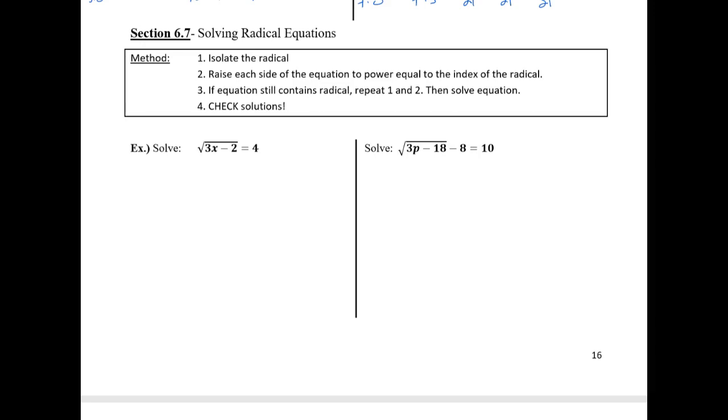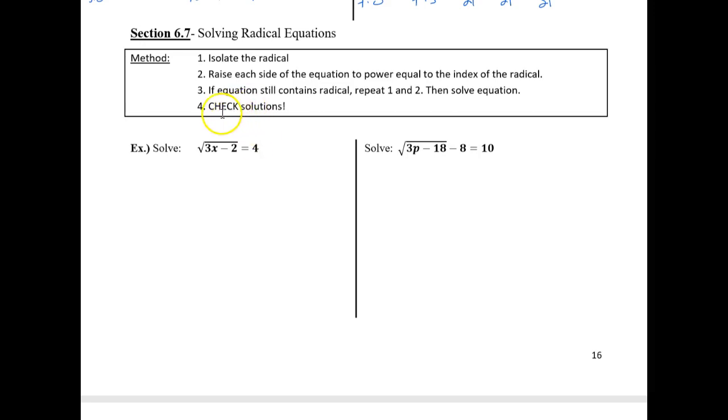So, the steps to solving an equation with radicals: first you have to isolate it, just like we did with absolute value equations. Get that radical by itself on one side of the equation. Then you're going to raise each side of the equation to the power equal to the index of each radical. So for example, this is a square root. To undo that square root, we would square both sides of the equation. If there's more than one radical, you would repeat those steps until the radicals are gone, and then you have